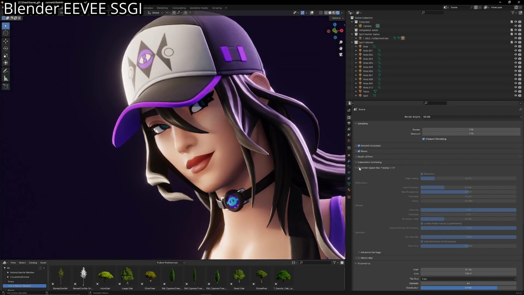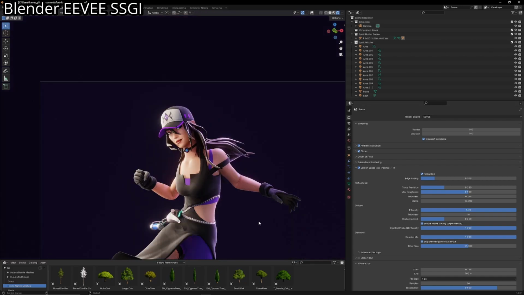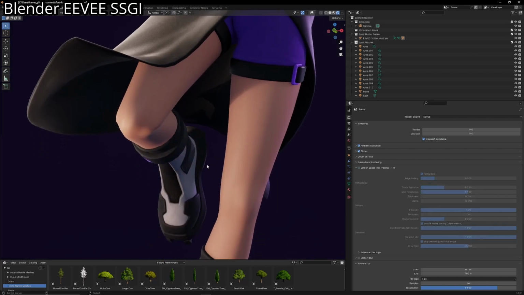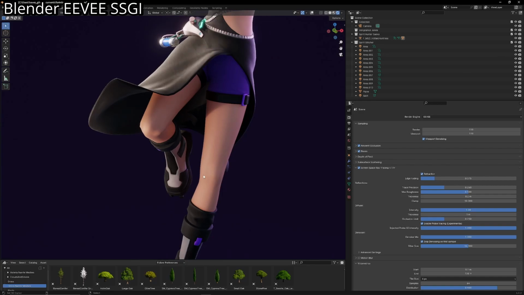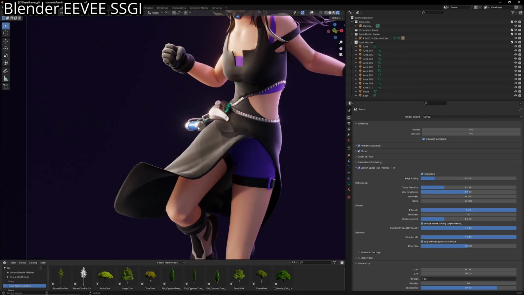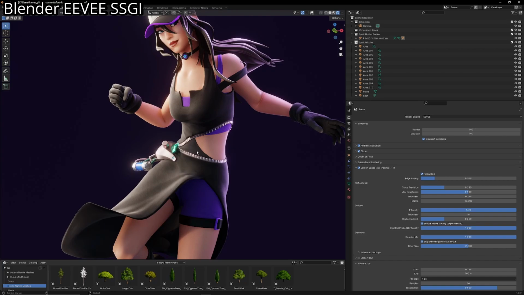Like, for instance, light bouncing off the hat and making a kind of pink purpley area underneath here. Light bouncing off the skin on the leg and making the shoe go from a grayish tone to a warmer skin tone from light bouncing off. It's like what makes walking through a forest in the summer look like it has green shadows all over the place. It's simulating stuff like that, but in Eevee, which is something they're working on implementing into base Eevee,